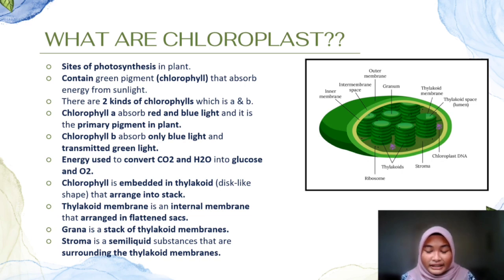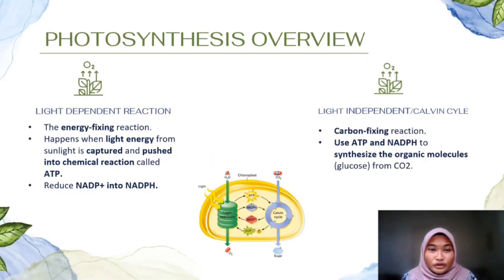Thylakoid is like a disc shape that is arranged into stacks. Thylakoid membrane is an internal membrane arranged in flattened sacs. Grana is a stack of thylakoid membranes. Stroma is a semi-liquid substance surrounding the thylakoid membrane. Photosynthesis can be divided into two, which is light-dependent reaction and light-independent reaction, also known as